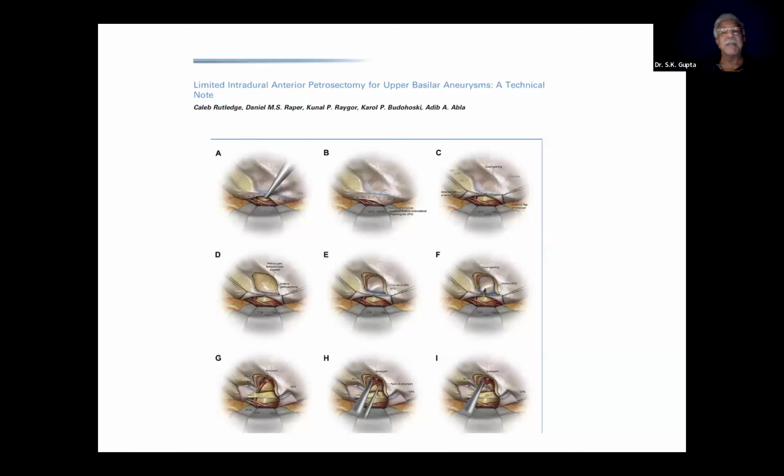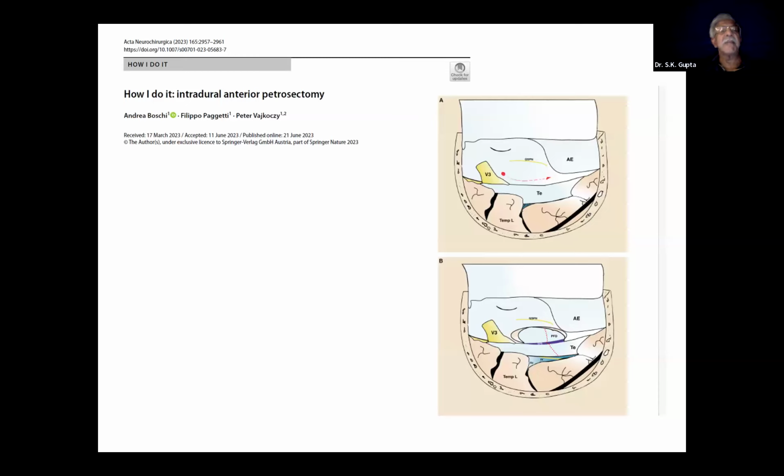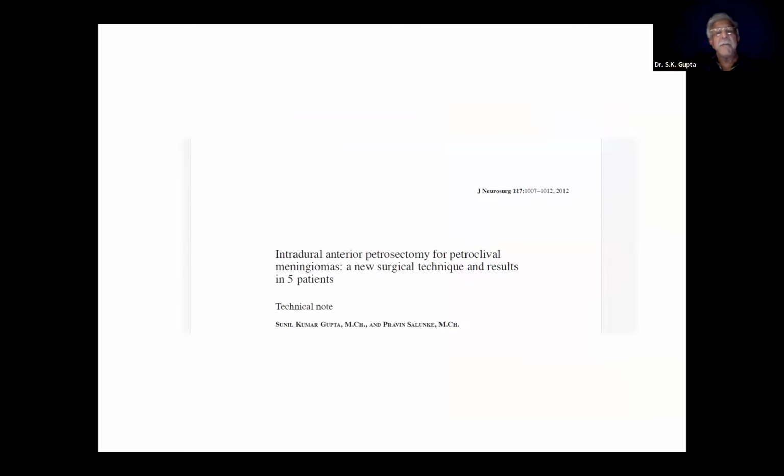This approach has been described by authors previously also. There is an article describing limited intradural anterior petrosectomy for upper basilar aneurysms. However, this was a subtemporal approach. I do not like a subtemporal intradural approach for a petrosectomy because there is a lot of temporal lobe retraction, which can sometimes cause problems. Another author also described an interdural anterior petrosectomy. Again, this was a subtemporal approach. So my technique, which I described more than a decade ago, is an anterior intradural petrosectomy,